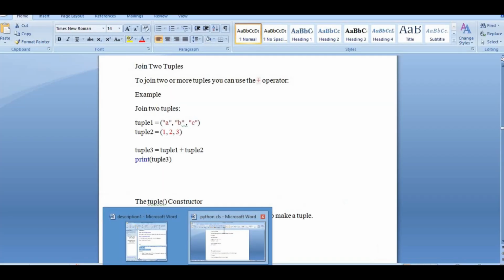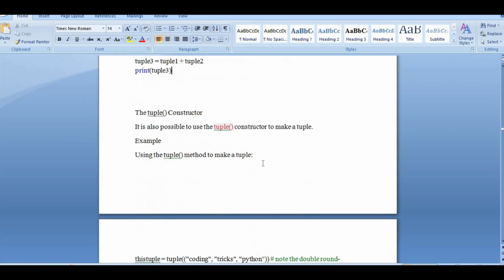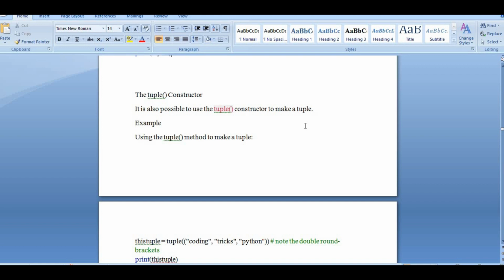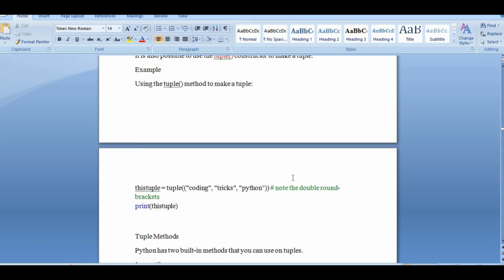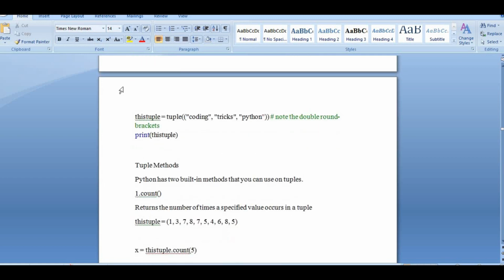Then the tuple constructor. It is also possible to use the tuple constructor to make a tuple. So for example, I'm using the tuple method to construct this.